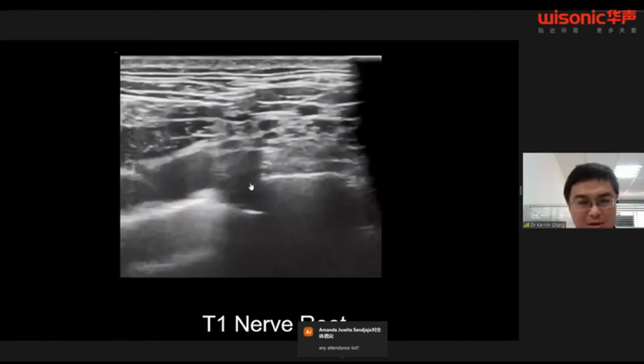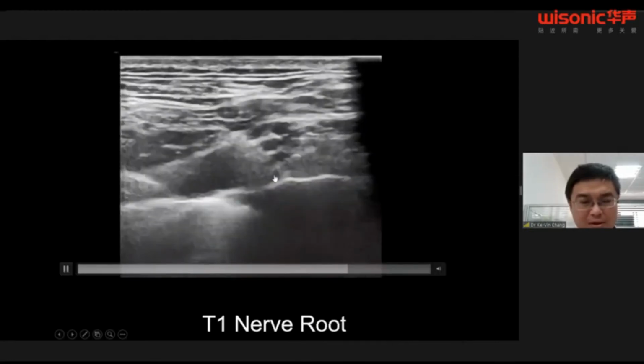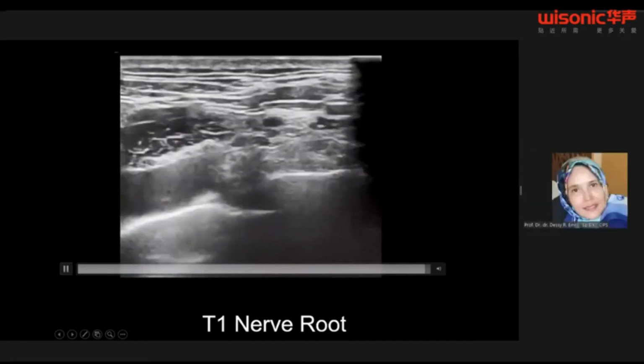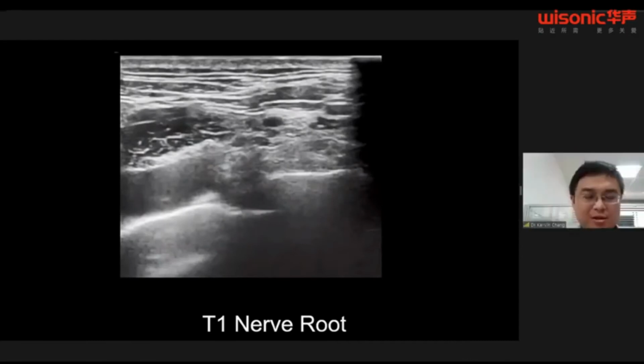So you want to see it when you have a very clear image of the first rib. You have to scan the brachial plexus until it reaches a very lateral part. You are going to find the T1 nerve root emerging from the undersurface of the first rib